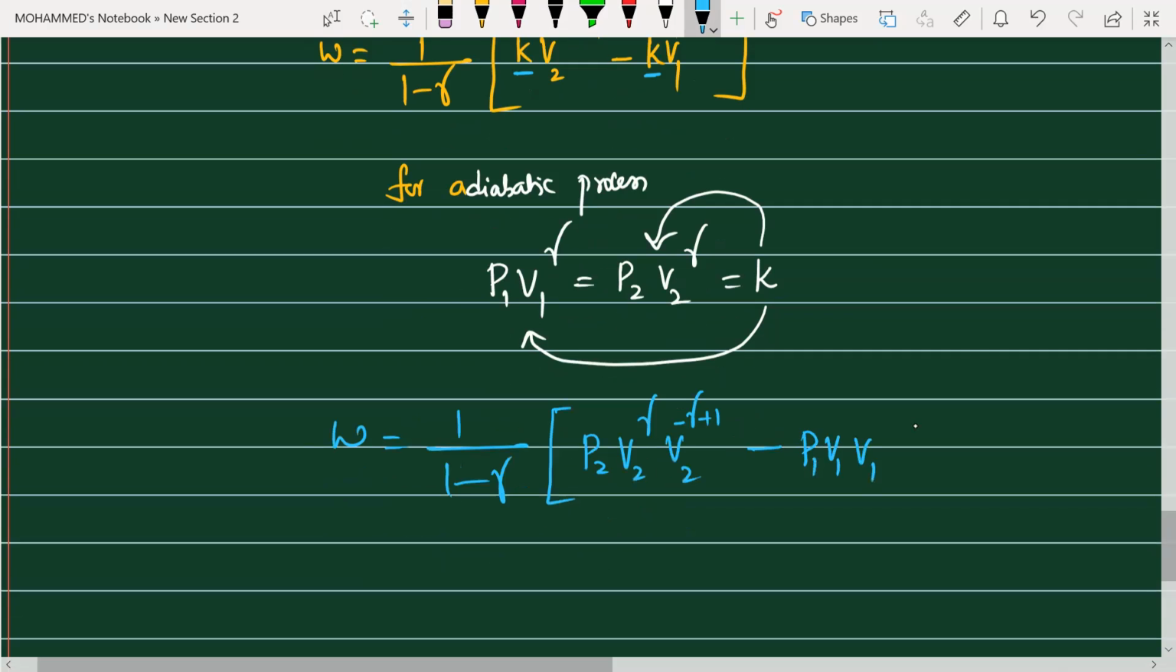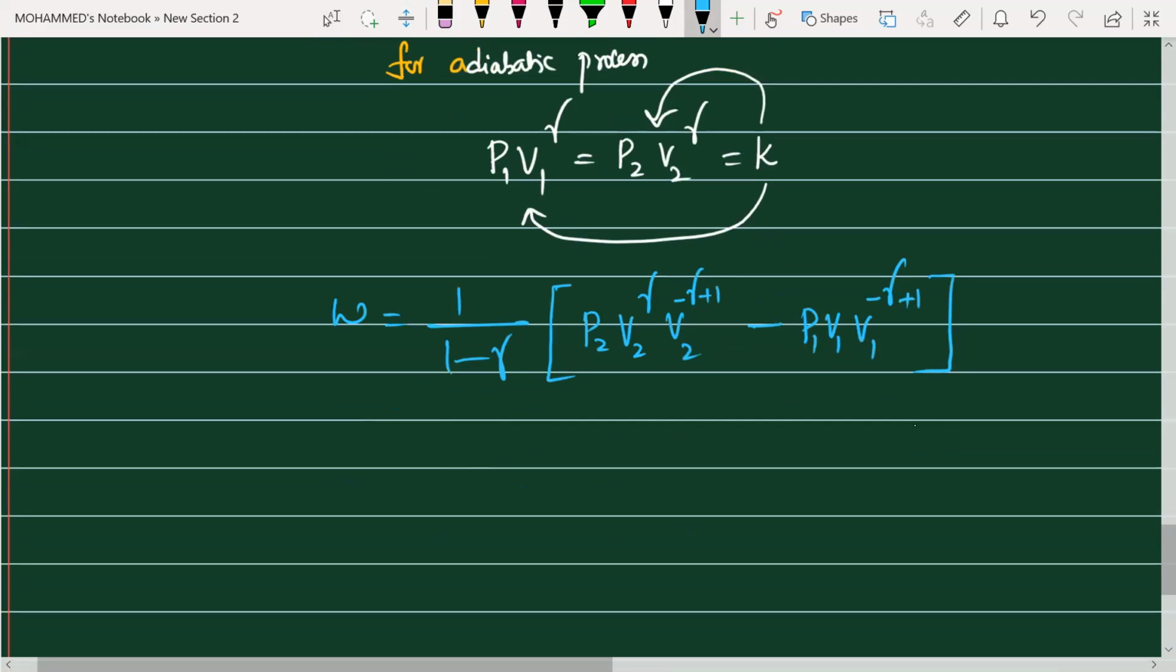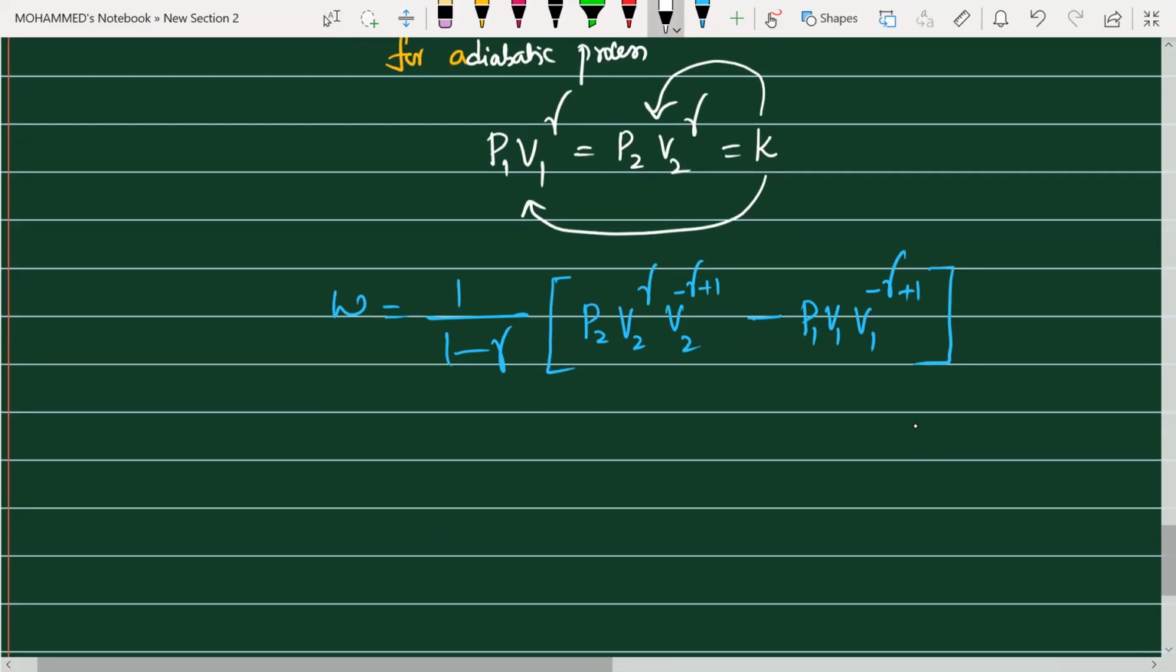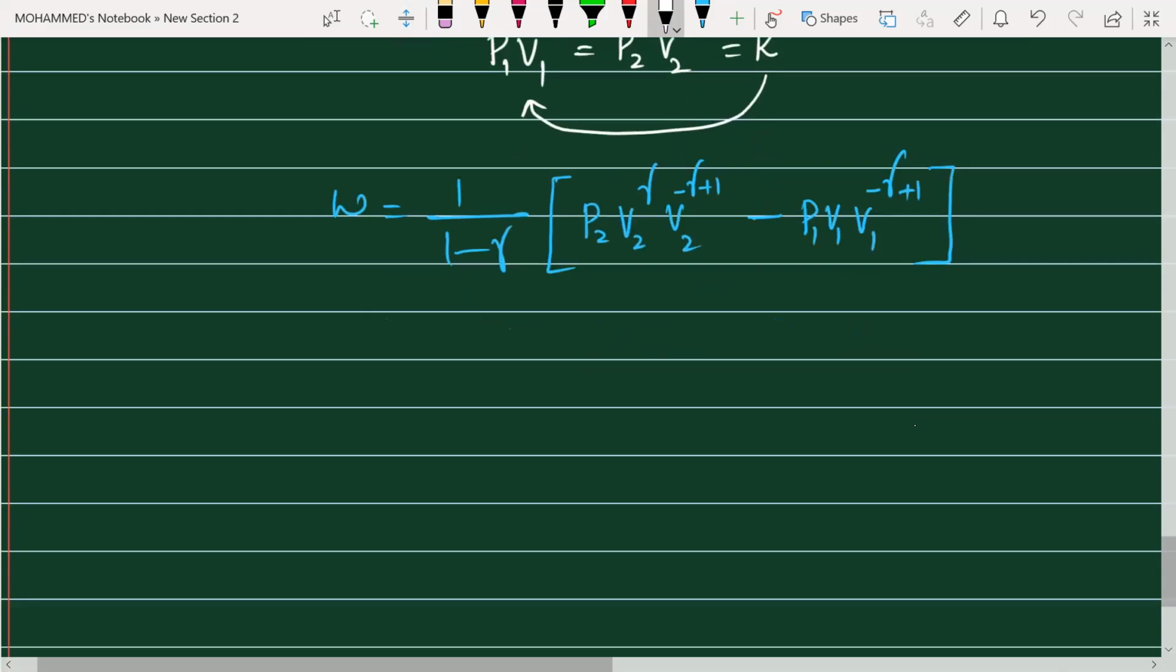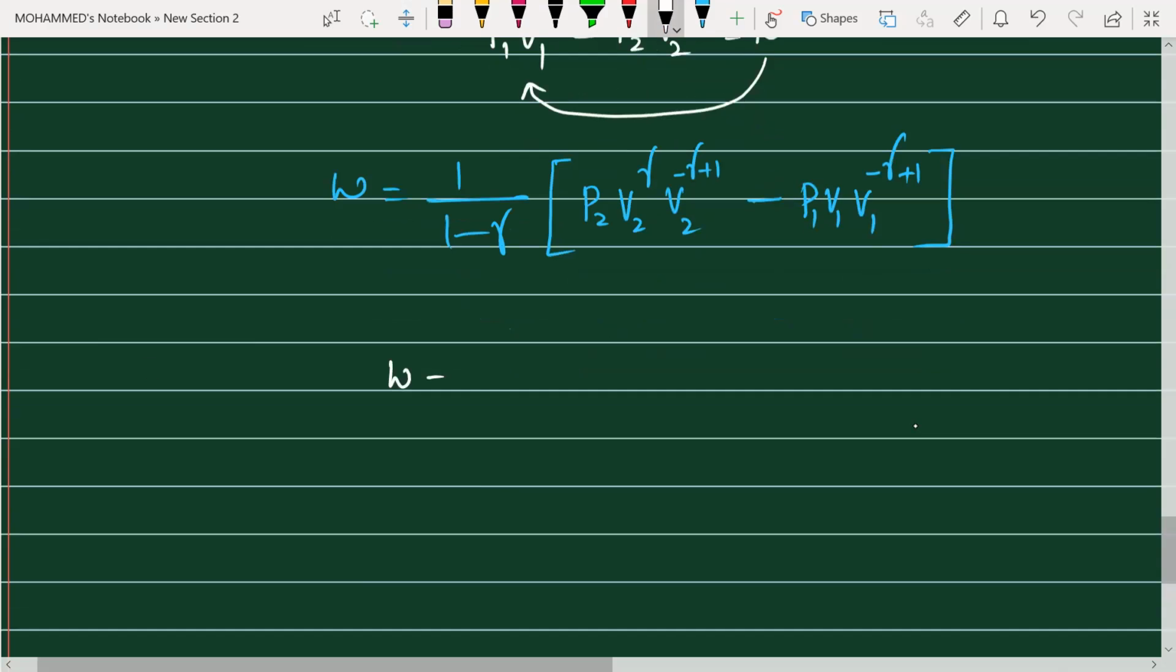So it is V1 to the power of minus gamma plus 1. Now can you simplify this one, beta? See, now you see this V2 and V2 are common. So it is V2 to the power of gamma minus gamma plus 1. So plus gamma minus gamma will get cancelled. Now W can be written as 1 by 1 minus gamma into,